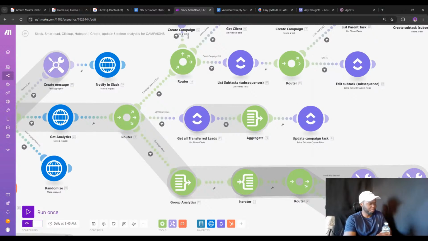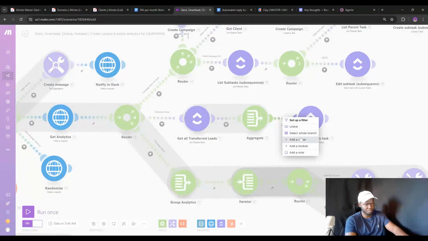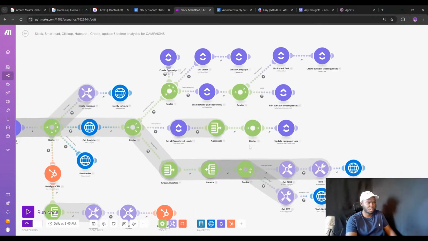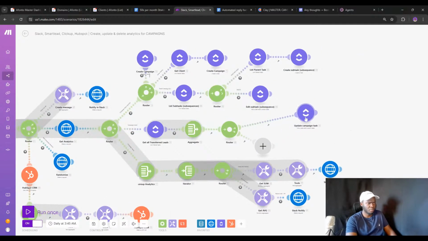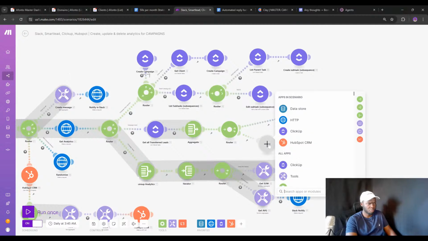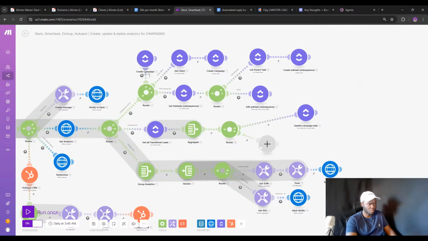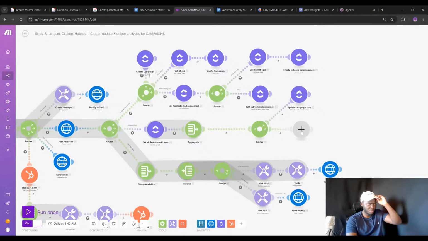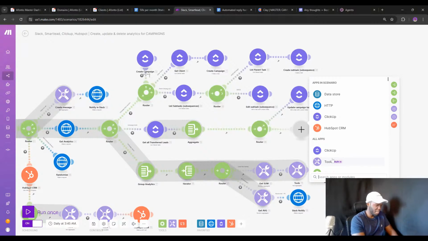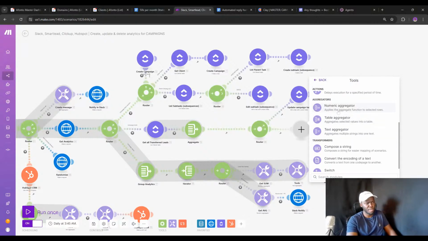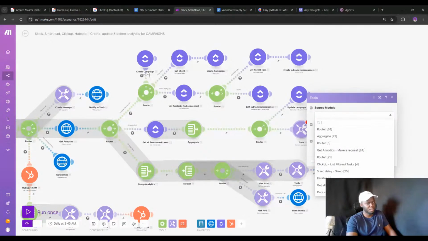So we basically need to add a router over here. And then this router is going to do a few things. Honestly, we can move it here so that it looks cleaner. And then this goes here. And then this router is going to be a numeric aggregator. So tools, and then this is going to be a numeric aggregator. And the source module,